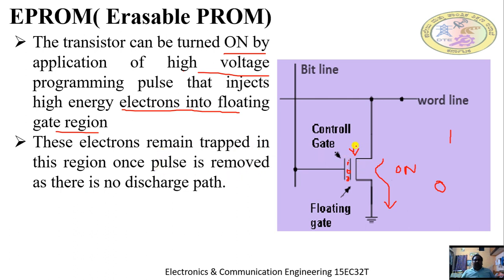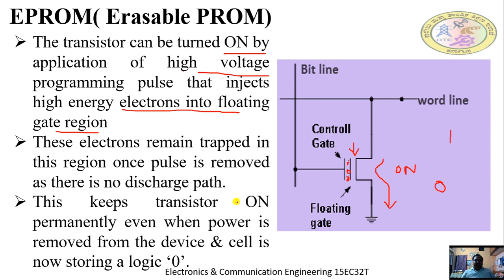So in the initial period, once a high current pulse is given, electrons get injected. After that, even though the current pulses are removed, the charges remain trapped here permanently. As there is no discharge path here, they remain trapped permanently, making a physical connection between the control gate and floating gate. This keeps the transistor on permanently. So the transistor stays on even when power is removed from the device, and the cell now stores a value